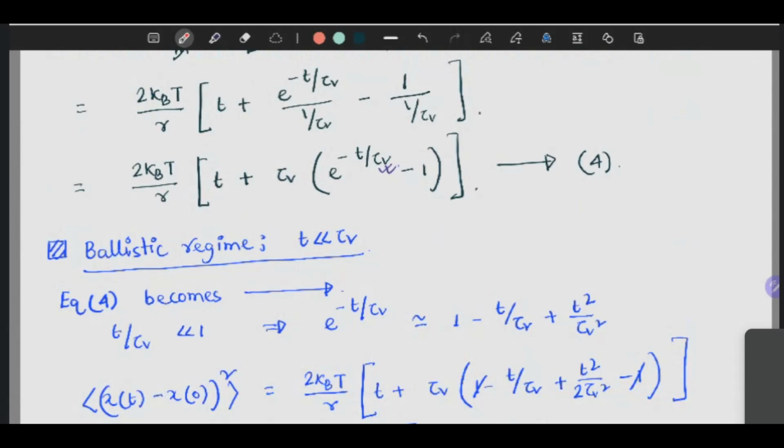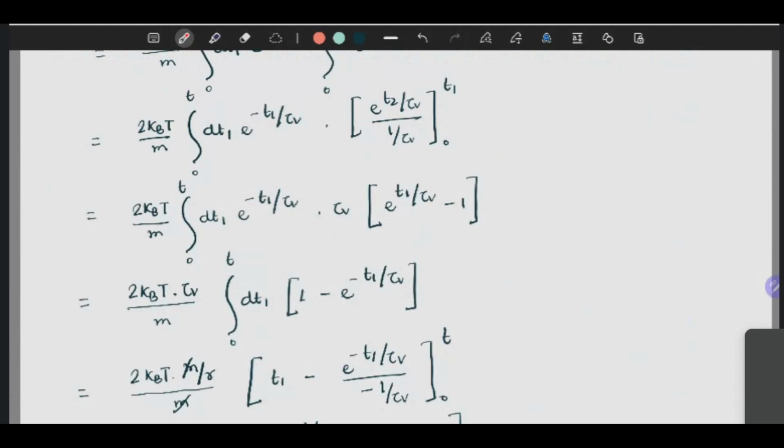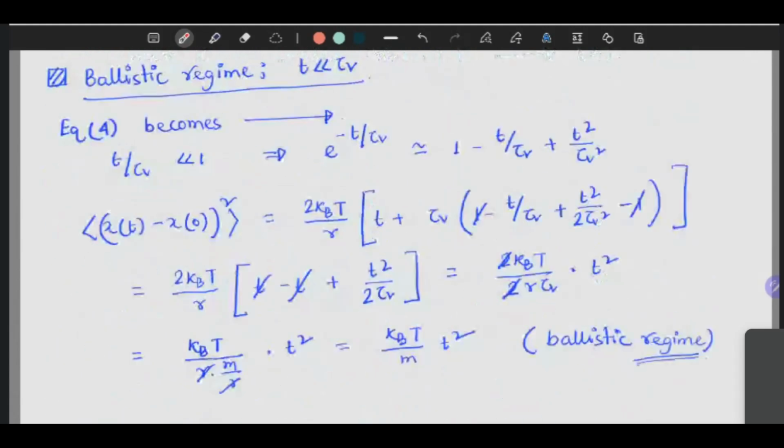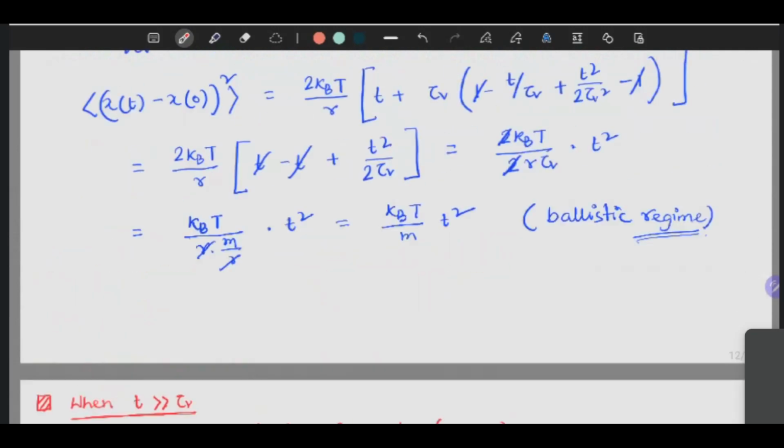So here if you see, it tends to 0, right? And tau v is also small,